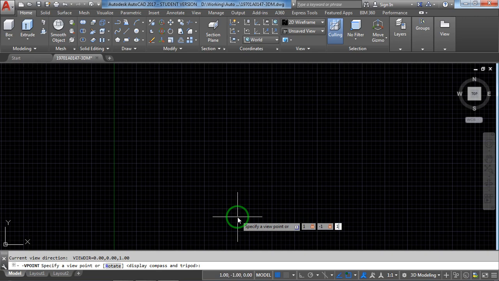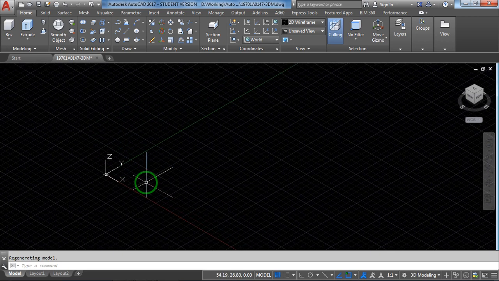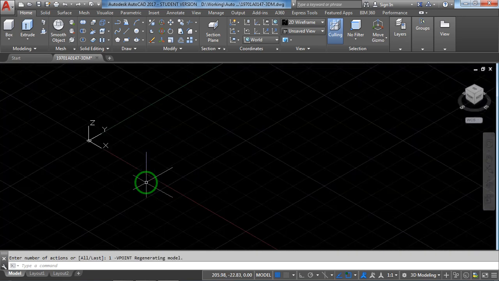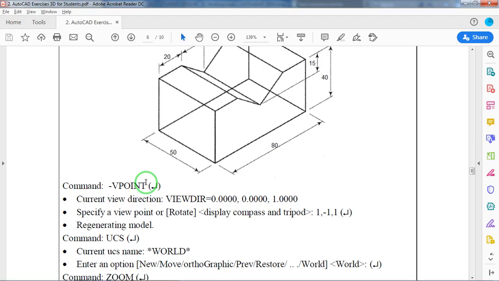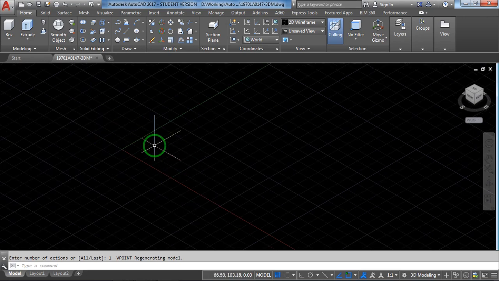Till now your cursor was a cross. Plus 0, 0, 1 means 0 on the x-axis, 0 on the y-axis, and 1 on z, which looks from the top, so the back is not visible. With this you can see your cursor has changed. See, from here to here with the help of viewpoint, the x-axis is toward this side, the y-axis toward this side, and the z-axis toward this side.